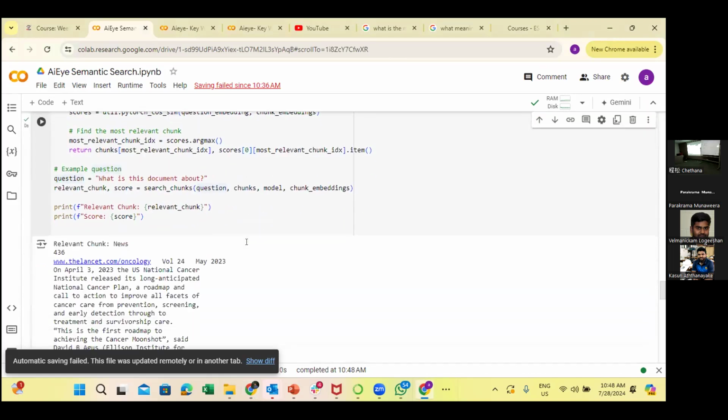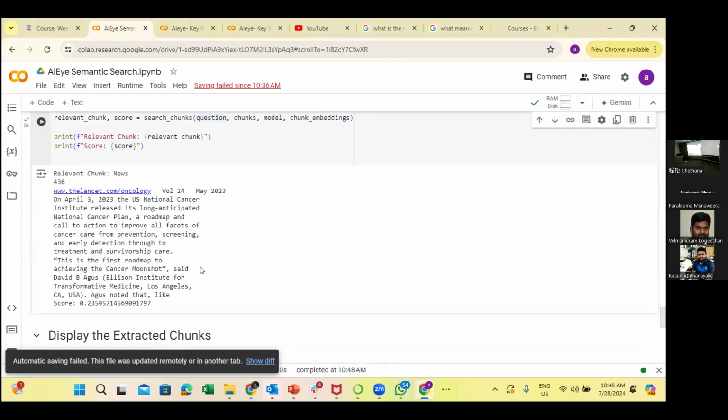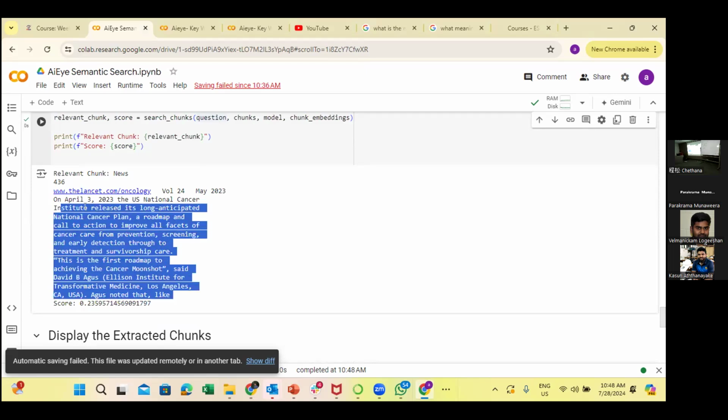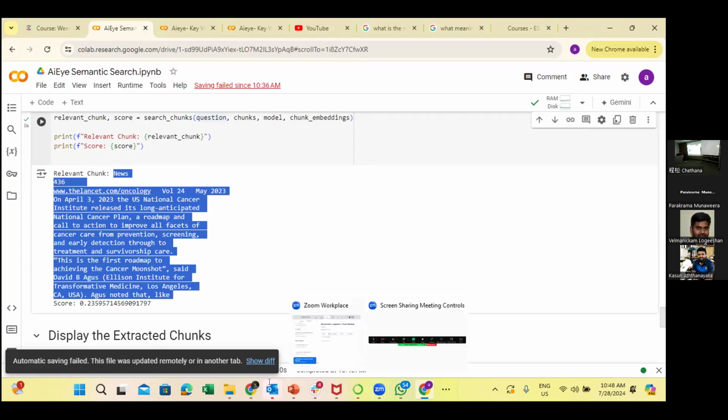What is this document about? So this is the small chunk I got. The matching is 0.23, but the matching is higher for the chunk because it has the embedding numbers. With my question, it's matching now. So I'm going to just copy this chunk and paste it